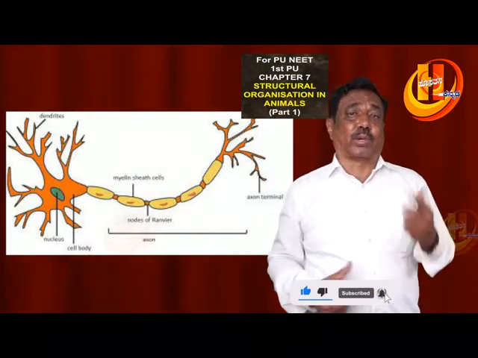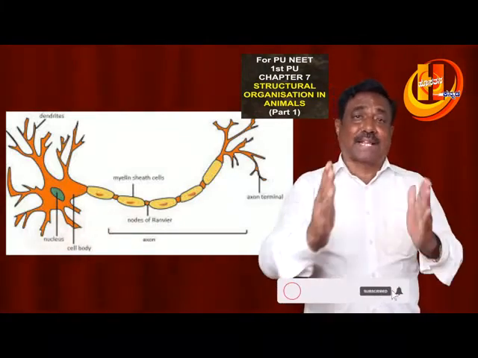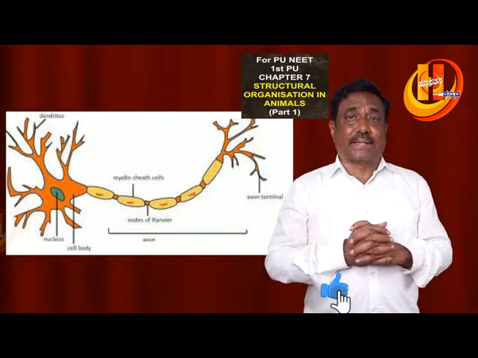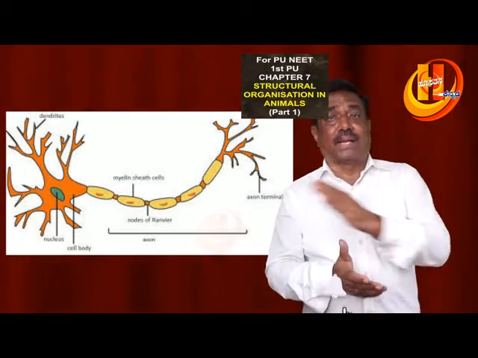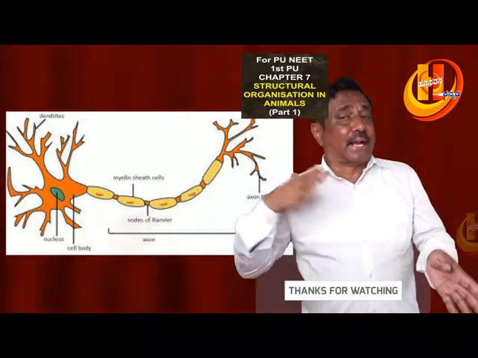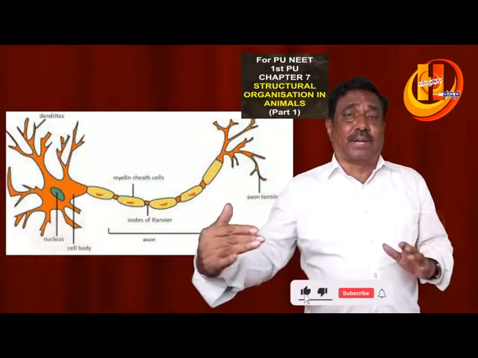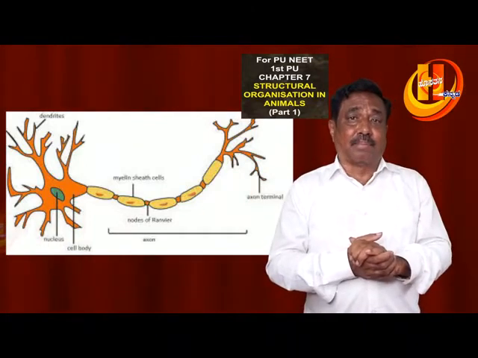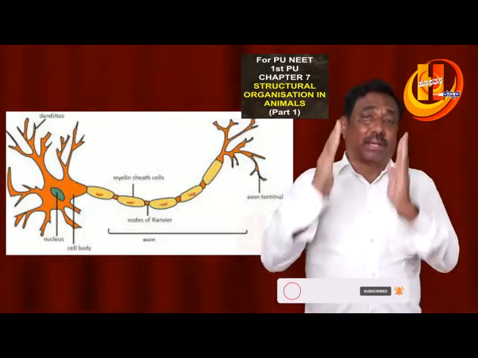And dendrites of one neuron are in contact with the telodendria or axon ending of another neuron. Such places of physiological junction are called synapses, that is very, very important. And there are two types of nerve fibers: myelinated nerve fibers and non-myelinated nerve fibers. Medullated fibers have the myelin sheath, and non-medullated do not. Medullated are present in the central nervous system, non-medullated in the posterior lobe of the pituitary gland. These things are very important. And next to the myelin sheath, there is the neurolemma in the neurons.